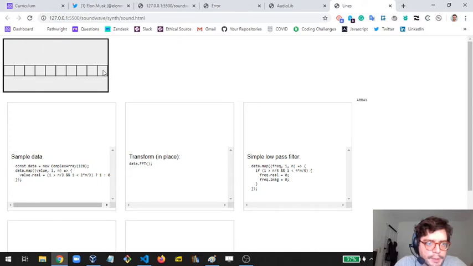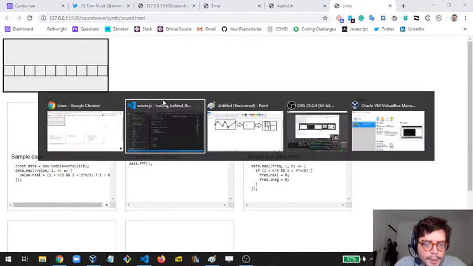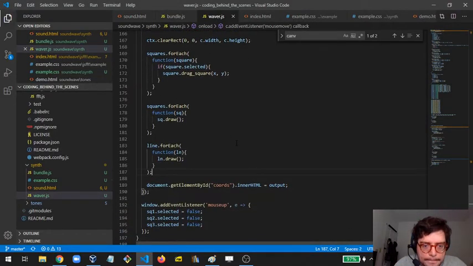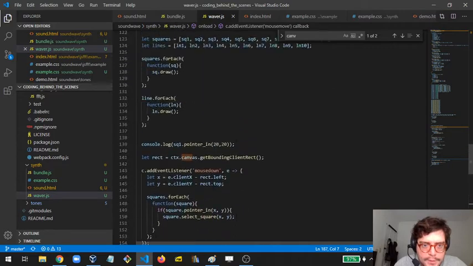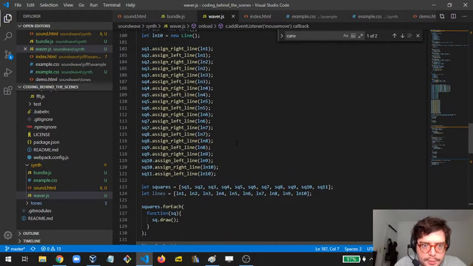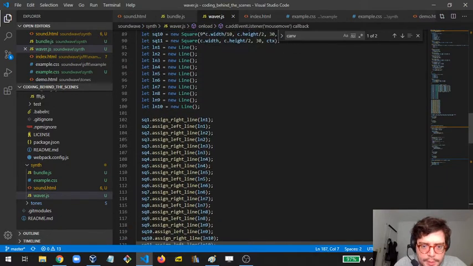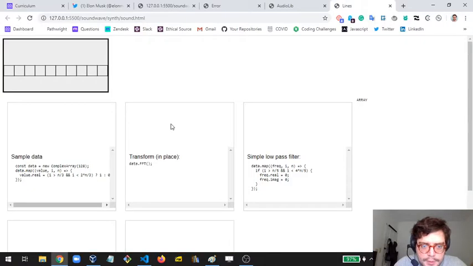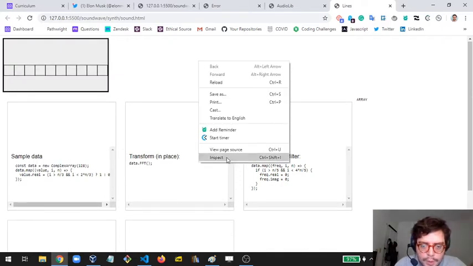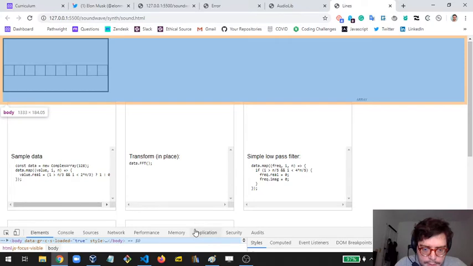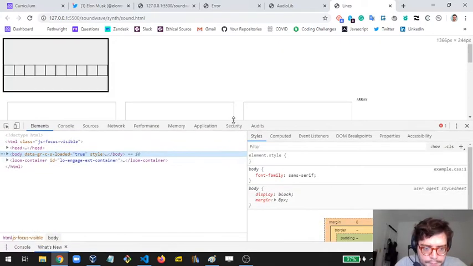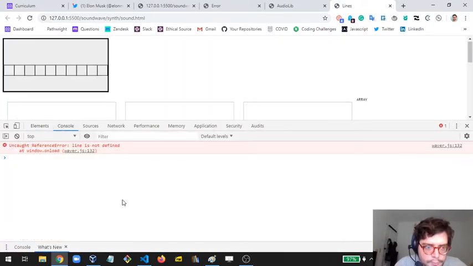But we have no lines, and the squares don't even move. Oh my god, what have we done? Okay. So lines, one, two, two, three, three. So we have the lines here, but something's not really working. Actually, I think there's something wrong with the code because, ah,